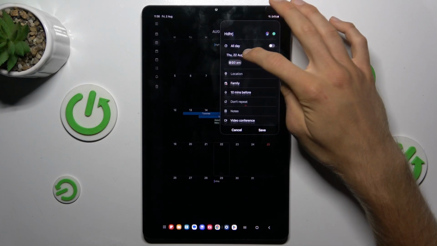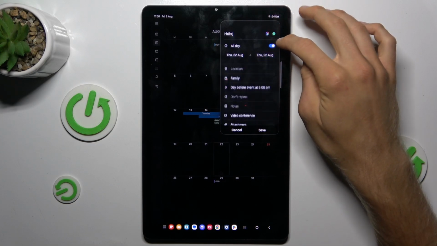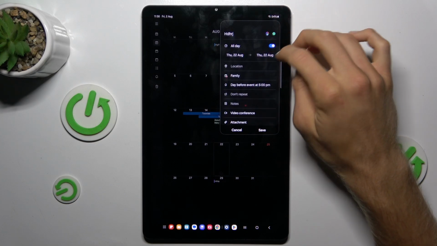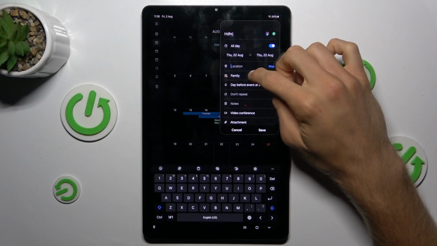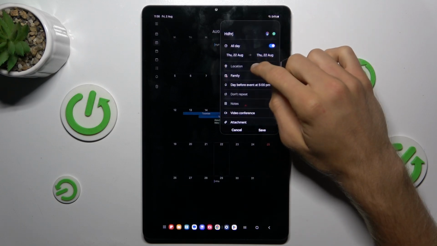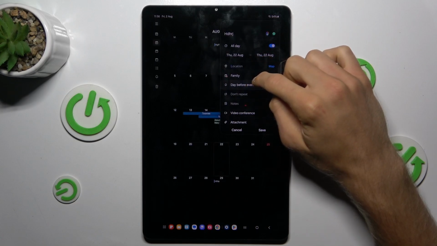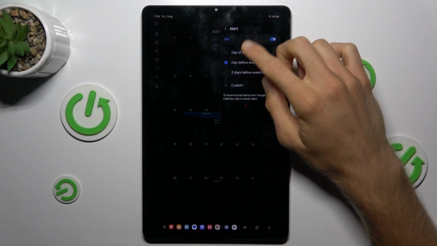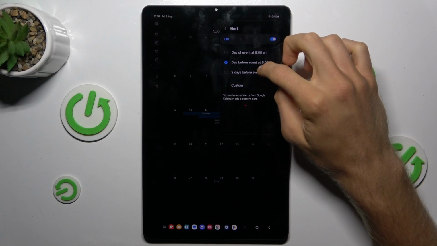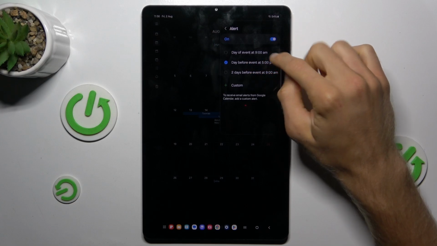There we can set when the event starts, at which time, and finishes, or by the switch we can set it will be all day. Location of our event. There we can add the event to family, to our group on Gmail calendar members. There we can set when we can get an alert about this event, maybe a day before the event at 5 o'clock